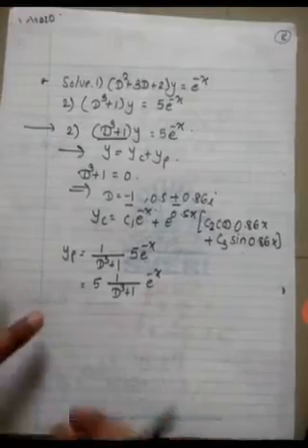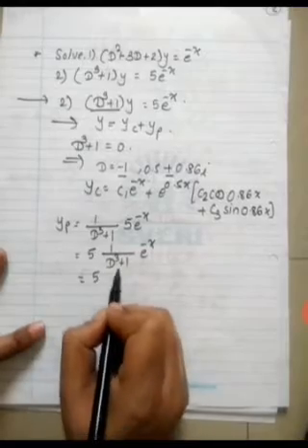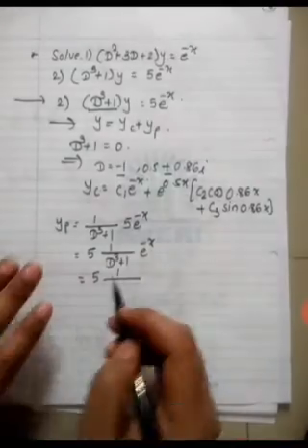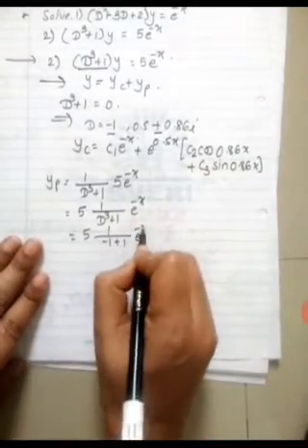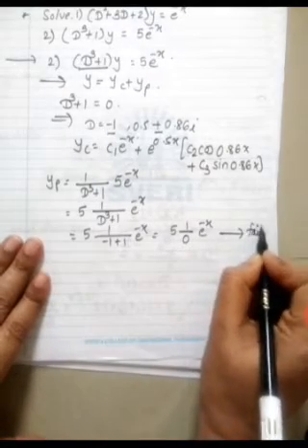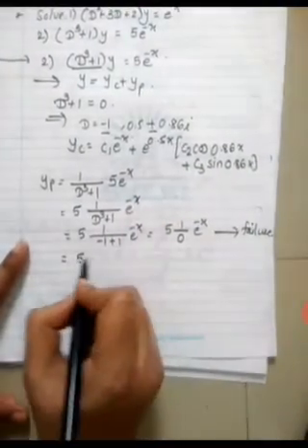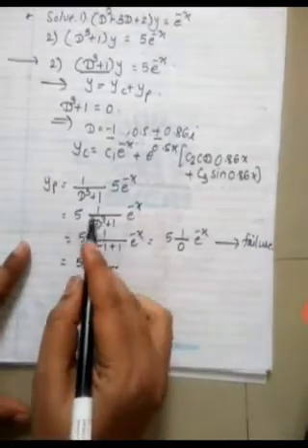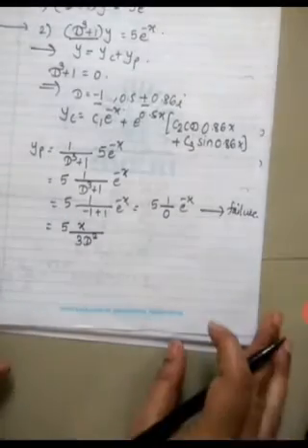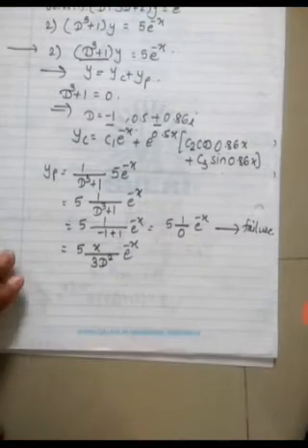And next the case says put minus 1 in place of D. So we get 5 into 1 upon minus 1 cube plus 1, minus 1 cube is minus 1, minus 1 plus 1, e raised to minus x. But that is equal to 0, which is nothing but a case of failure here. So if it is a failure, what do we do here? Keep 5 as it is. Then we have to multiply by x and take the derivative of the denominator. So the derivative is 3D square, and the derivative of 1 is 0. So it is 3D square into e raised to minus x.